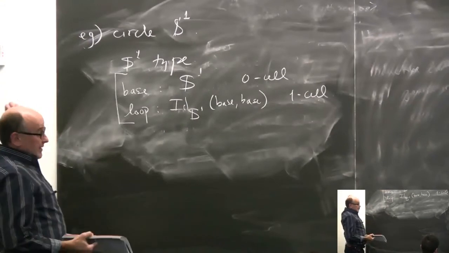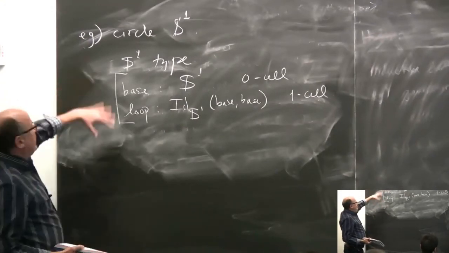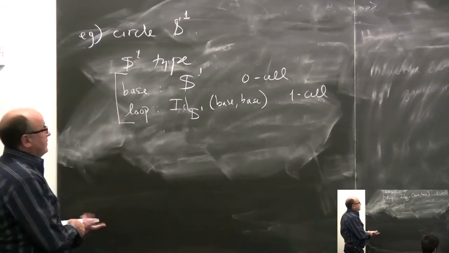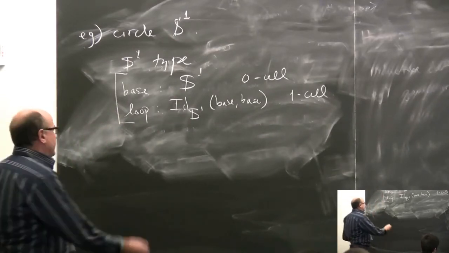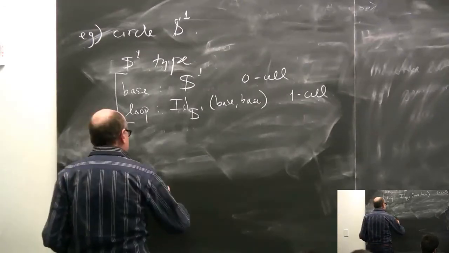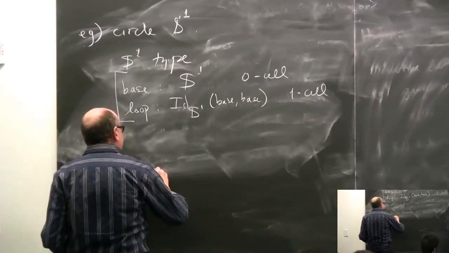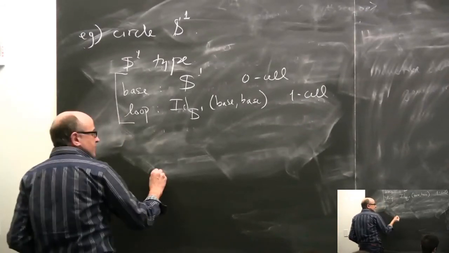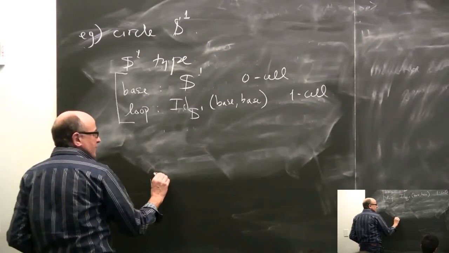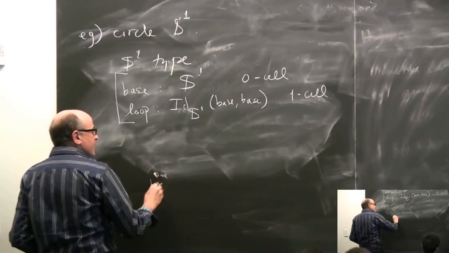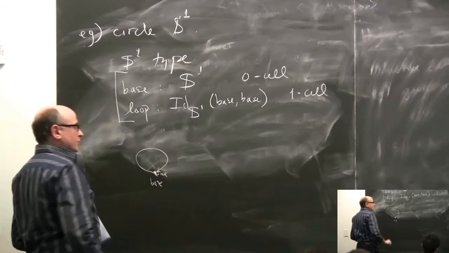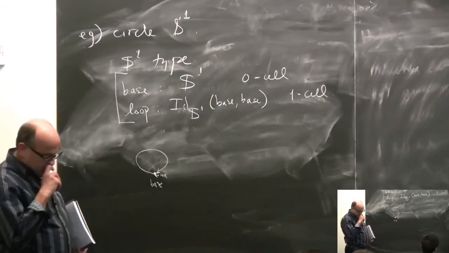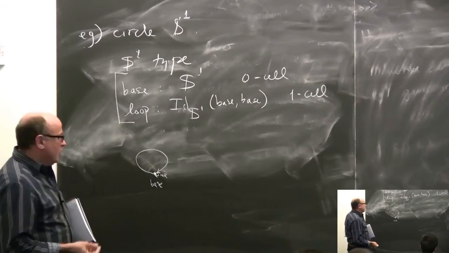So when I bracket it like that, I'm just stressing that that's all the information I'm specifying. So I want the free structure on that data. Inevitably, we have to draw that picture. So we'll have base here, some element of S1. So we're going to have a picture of S1. There's always a reflexivity, the little guy, which never goes anywhere. And then we're saying that there's another loop. And the claim is that that's a circle from a homotopy theoretic point of view,